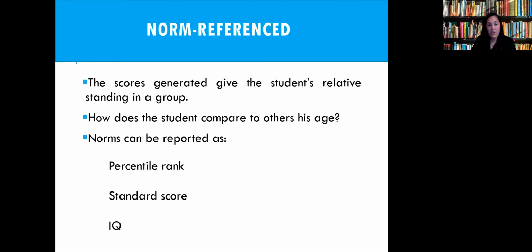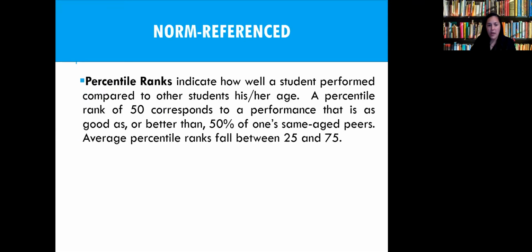Norm reference information may include things like percentile ranks, standard scores, IQ tests. As we saw in the previous slide, batteries can have different ranges for their standardized scores and what they mean. Hopefully the visual that I have for you provides you a little more insight about how you can conceptualize the skills of the individuals that you're working with beyond just looking at a number, okay? Percentile ranks really just talk about where an individual ranks.